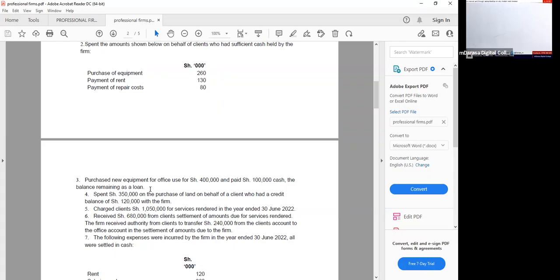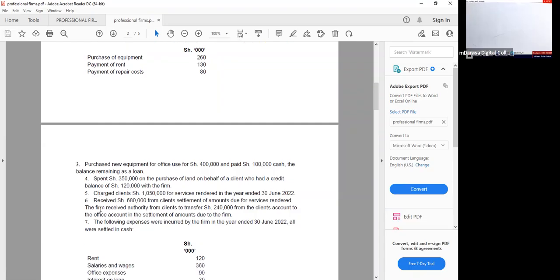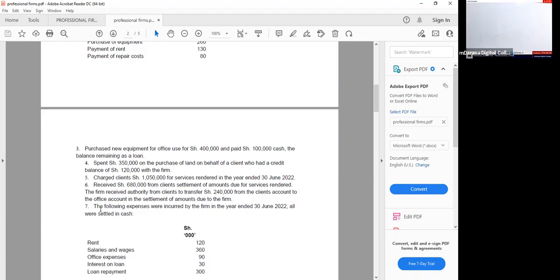Come to note 5 here, we are told that we charged clients 1,050,000 for services rendered in the year ended 30 June 2022. We are talking of charging, and recall we say that to record fees charged for professional services rendered, number 1, we debit our clients account, office column, and we credit our fees account. Also, we'll be required to close this account. So to close the fees account, basically, we debit the fees account and we credit our P&L account. Very